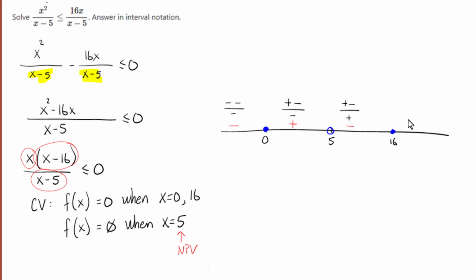And finally, when x is greater than 16, all of those polynomials will be positive, and the entire rational expression is going to be positive. Now, what we're looking for here is when is this rational expression less than or equal to 0? So that's going to happen when x is 0 or less. So in interval notation, from negative infinity up to 0, including 0,